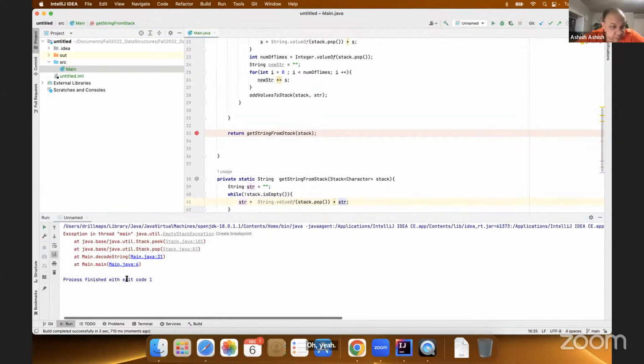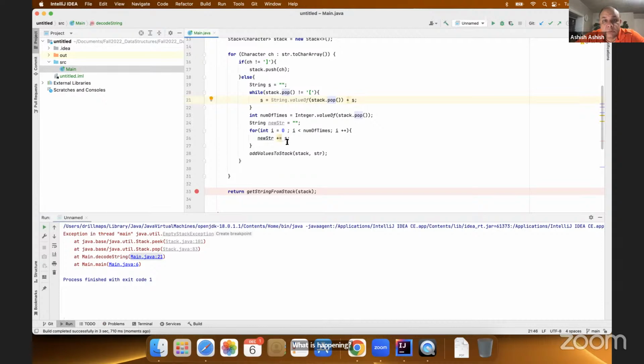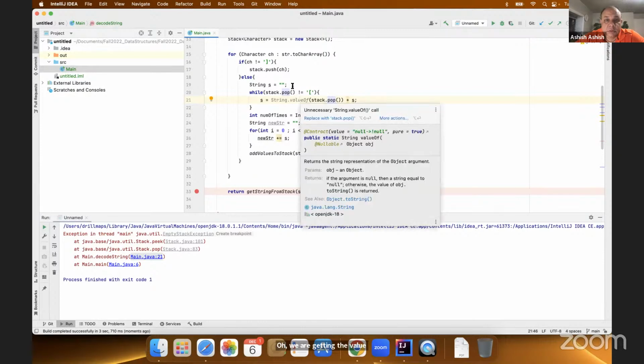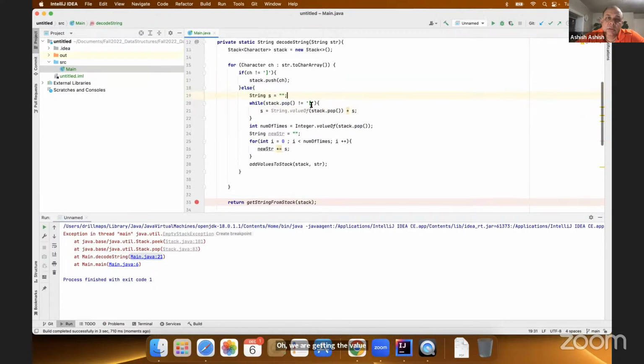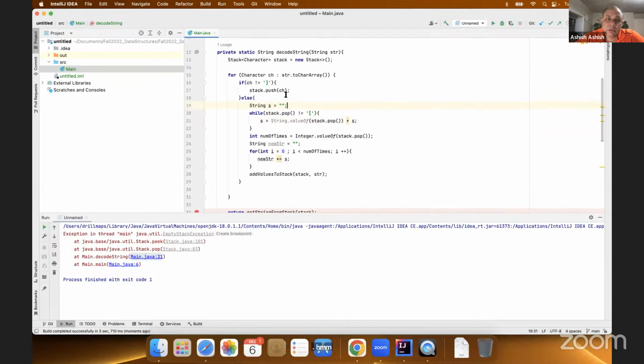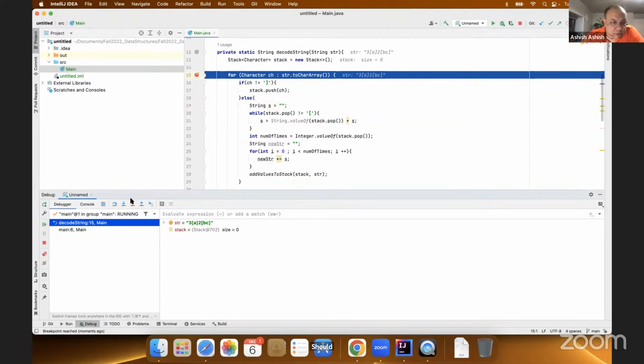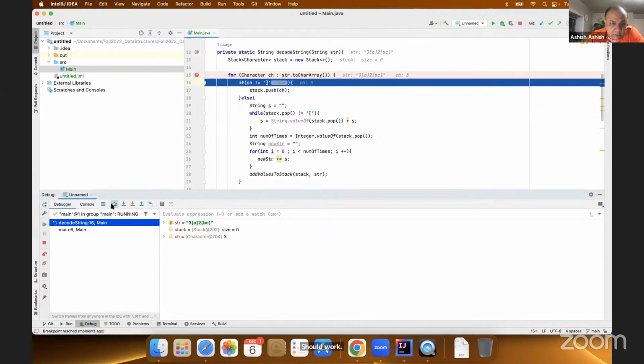What is happening? Oh, we are getting the value. Should work. Our character is